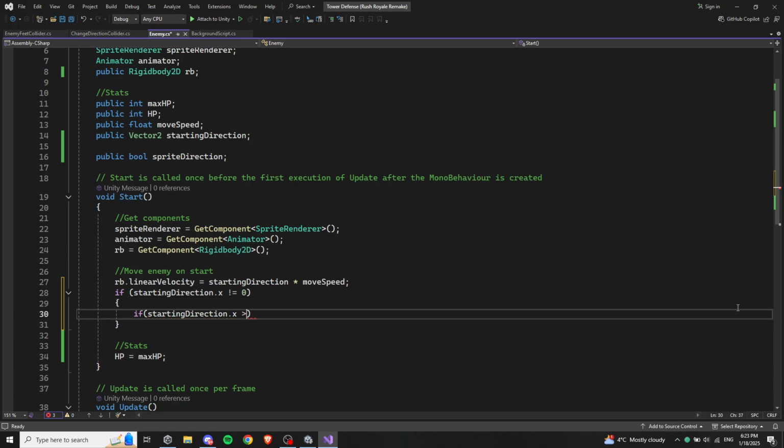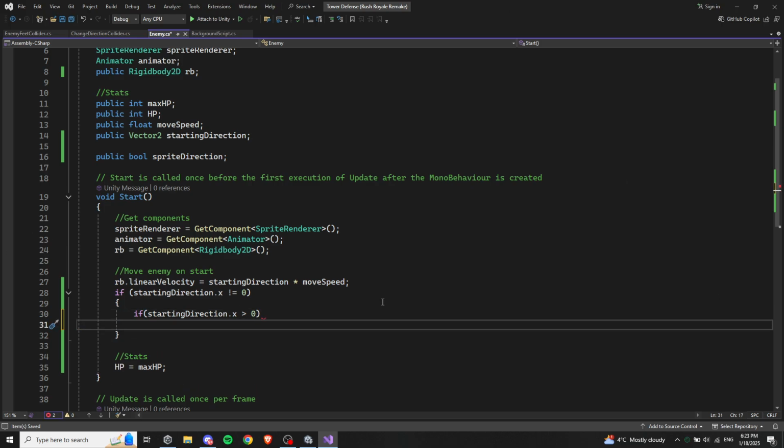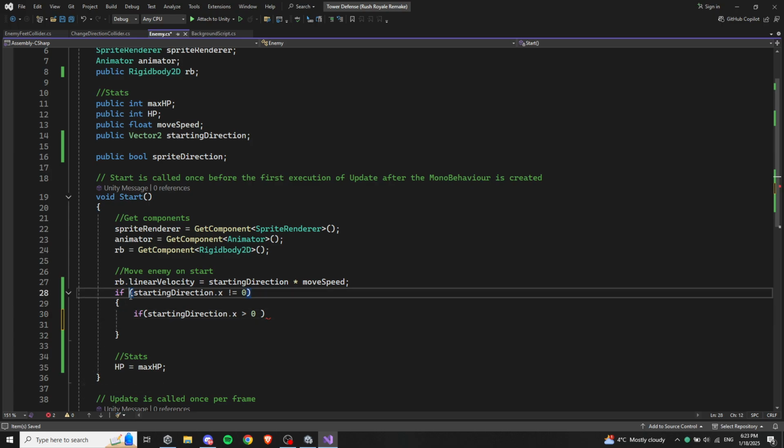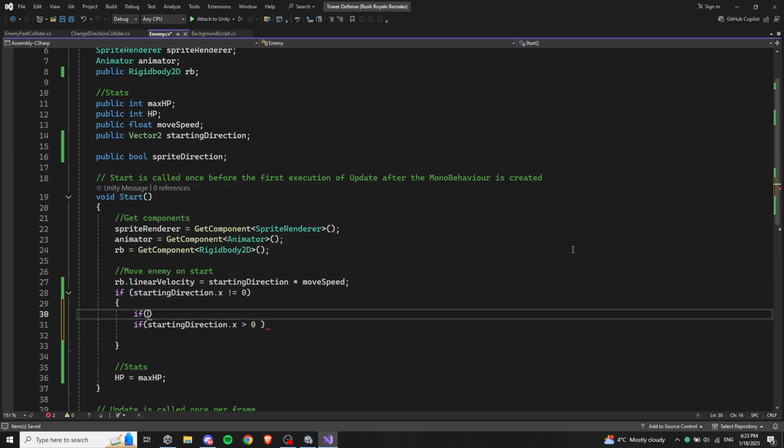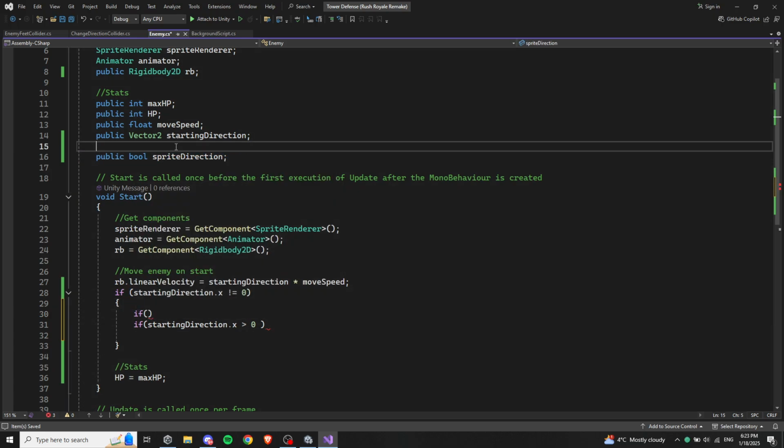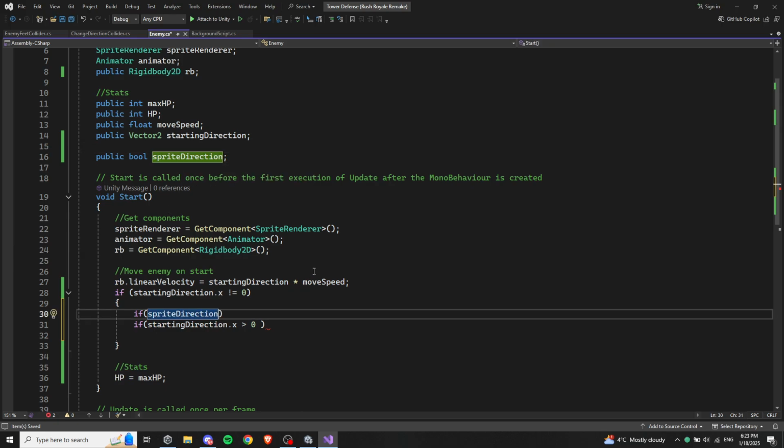So if we are moving to the right, and let's see, this is complicated. We need two cases here. We want one if this direction, if sprite direction is false, it is to the left